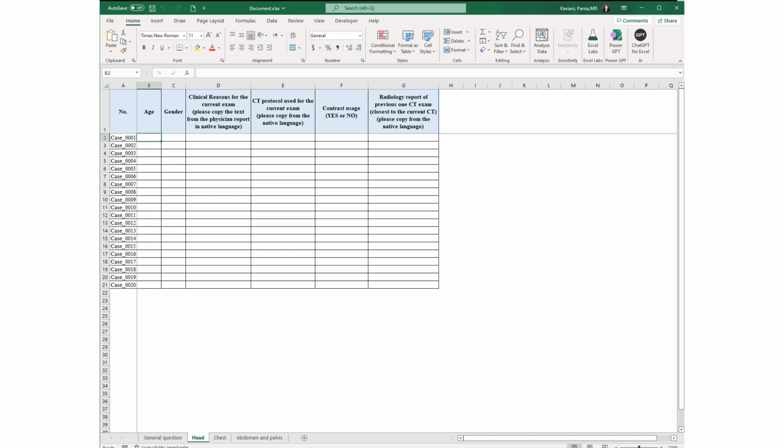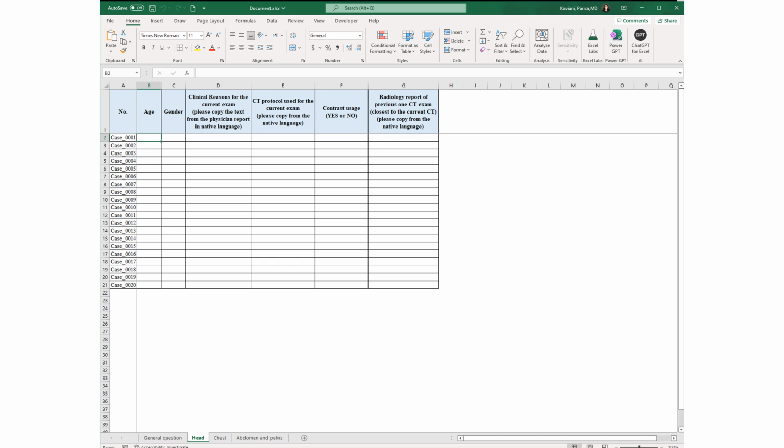So there were some questions related to this section. If I want to start with the first question, it was that if the patient has just one exam and there is no prior exam, can we include this patient? No. If there is no prior exam, you cannot include this patient.